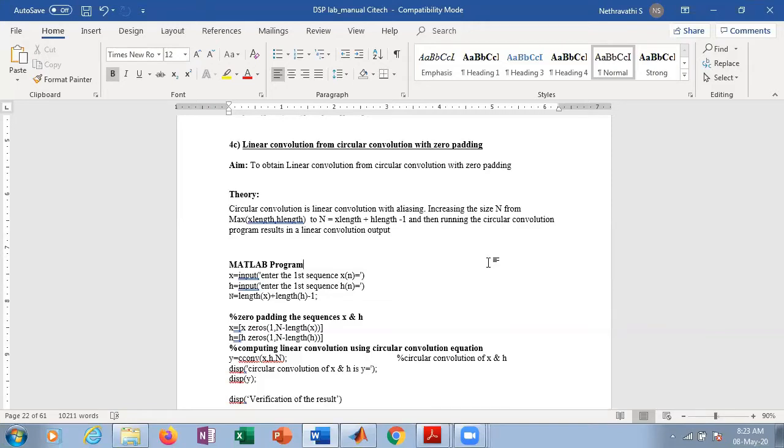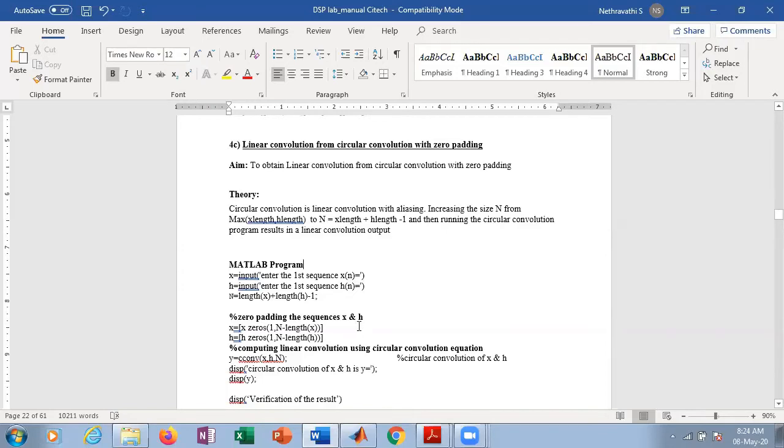And to find a linear convolution using the circular convolution formula, once we find the length of the linear convolution, that is n1 plus n2 minus 1, then we have to pad with the number of zeros for both sequences, the first sequence as well as the second sequence, to get the length of your final linear convolution sequence. For doing it, of course, we have to pad with zeros.